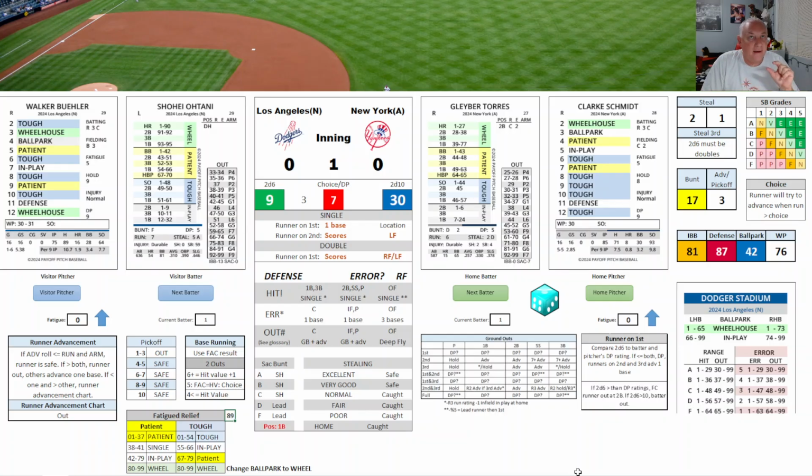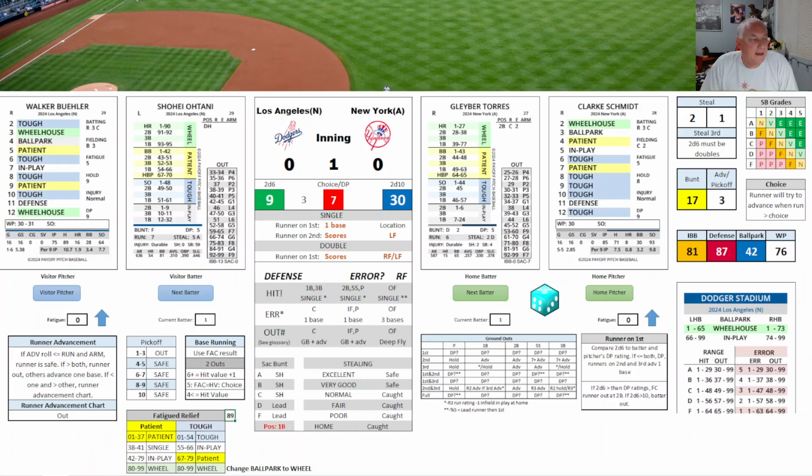So when that number hits 14, he's going to come out, unless one thing might happen. Like he ends the inning, and that turns it to 14, but he hasn't faced the amount of batters that he would. I'll keep him in until he faces his batters faced. Clark Schmidt is a 13. One of the things this Dodgers team did is use a lot of relief pitchers. So you might see a lot of that.